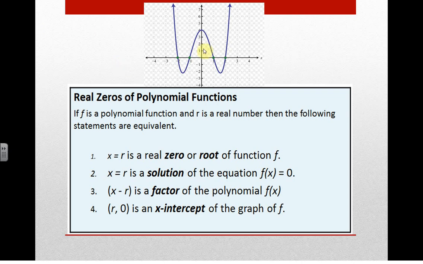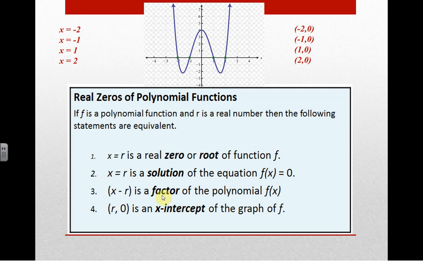Let's just talk about zeros, roots, solution, factors. They're all related, okay? Zero, solution, x-intercept are pretty much all the exact same number. It's just going to look a little bit different. For an intercept, it's going to be a point. And then factors are the opposite signs, and they're written as a factor. So it's written as a binomial. That's the gist. So for this one, our roots would be x equals -2, x equals -1, everywhere it crosses